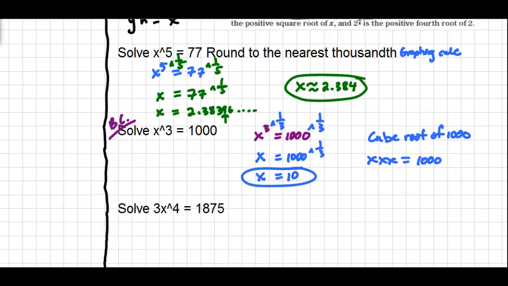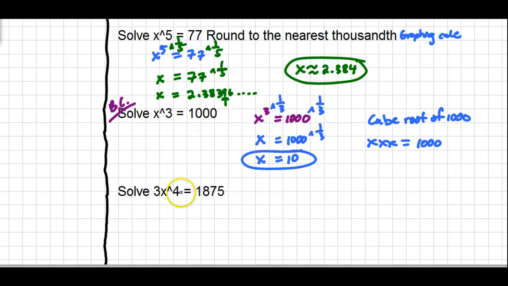So let's do one more here. A lot of times when you're asked to solve, there will be other things there besides the power. So in this case, we need to get rid of the 3 first. So we want to work on isolating the x. So isolate the x by dividing by 3 first. So we get x to the 4 equals